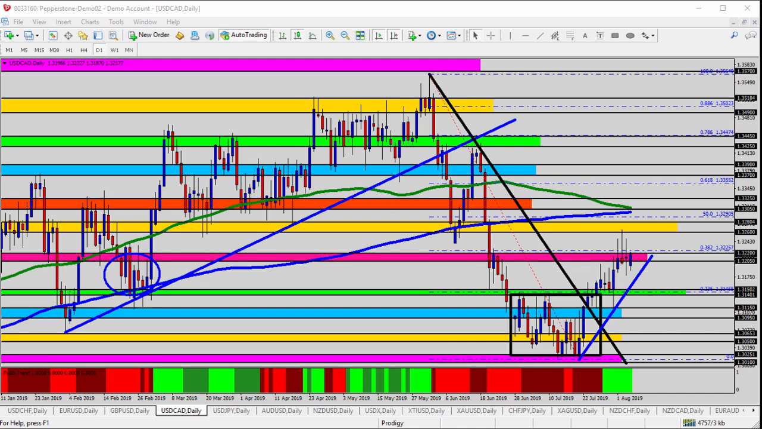Today we're taking a look at the USDCAD, the US dollar versus the Canadian dollar, for today's trade analysis. First things first, here on the daily time frame, trend-wise, I think we really have two different trends that we're